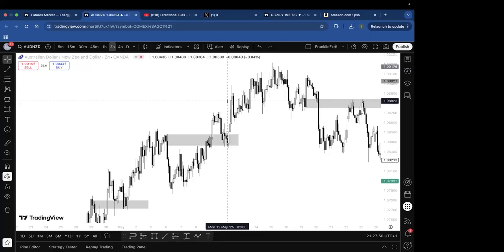And that's the reason why I'm bringing them to you. So today I am introducing the breaker block. And what is a breaker block? A breaker block is telling you that a failed order block is not useless. A failed order block can be used. Just like when they say disappointment is